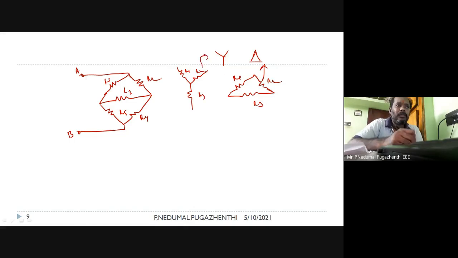In that case, solving this is very simple, because you can see that if they are connected to the same node, then you can say they are parallel, and that is in series with R3. Sometimes it is easy to solve a star type problem. Sometimes that has to be converted into a delta problem. Sometimes a delta can be solved, and if it is difficult to solve, it has to be converted into a star type problem. In that we want to know how to convert a star network into a delta network, and a delta network into a star network. It is a very important derivation, and problems will be coming based on that in this particular unit.